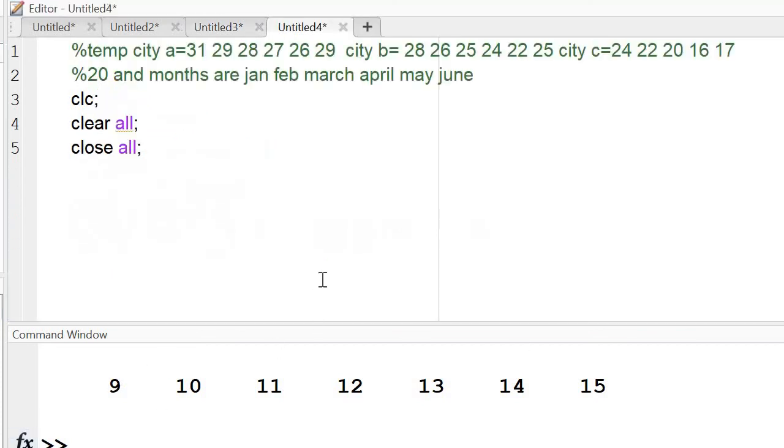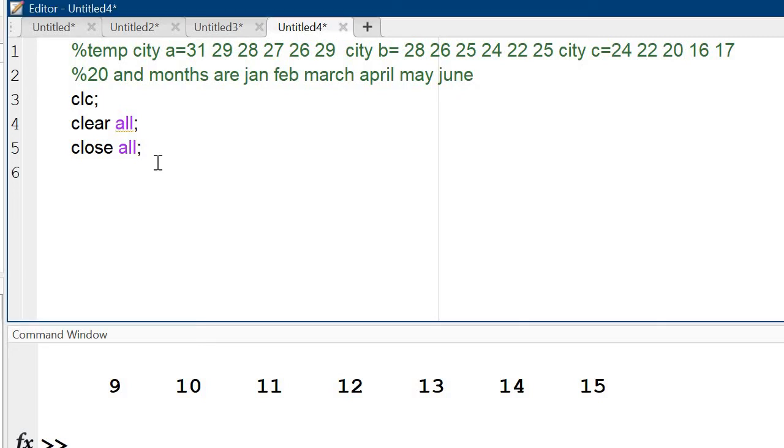Okay, now in this, the temperature of city A is this, city B is these, city C is these, and the months are January, February, March, April, May, and June. Okay, how to draw the bar chart of this? Now after clc, clear all, close all. Okay, then after that,